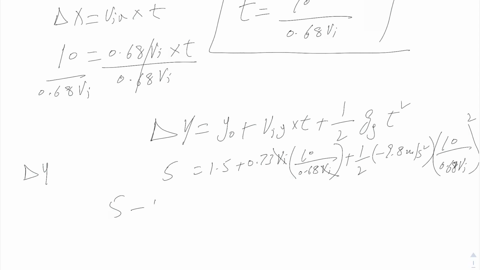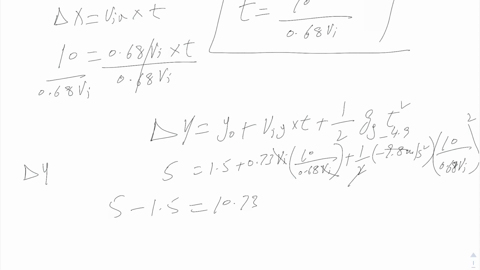So it will be 5 minus 1.5. Then 10 multiplied by 0.7, 10 times 0.73 divided by 0.68, so that will come up to 10.73. And then we have this 2 dividing this 9.8, which will come to 4.9. So it's negative 4.9. So negative 4.9 we have,